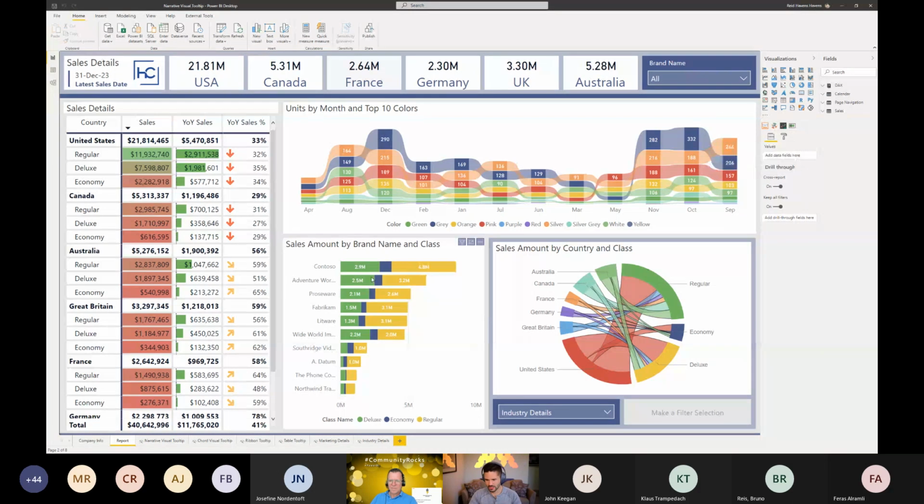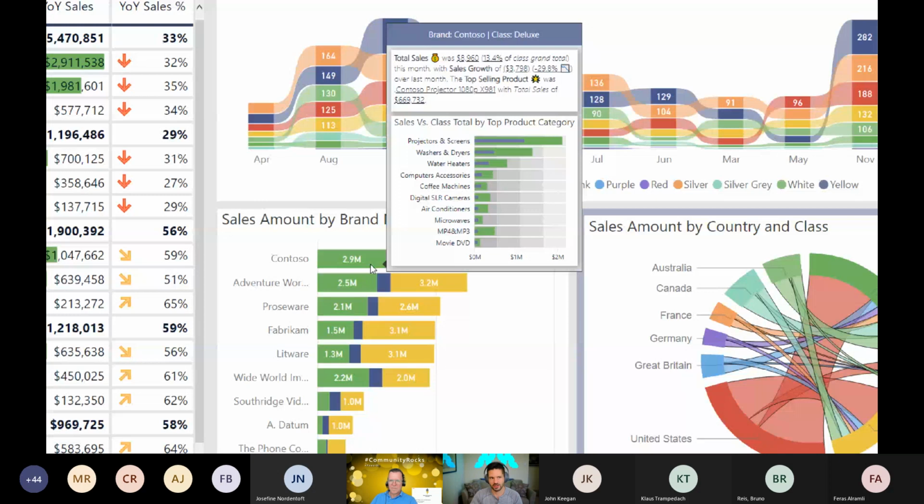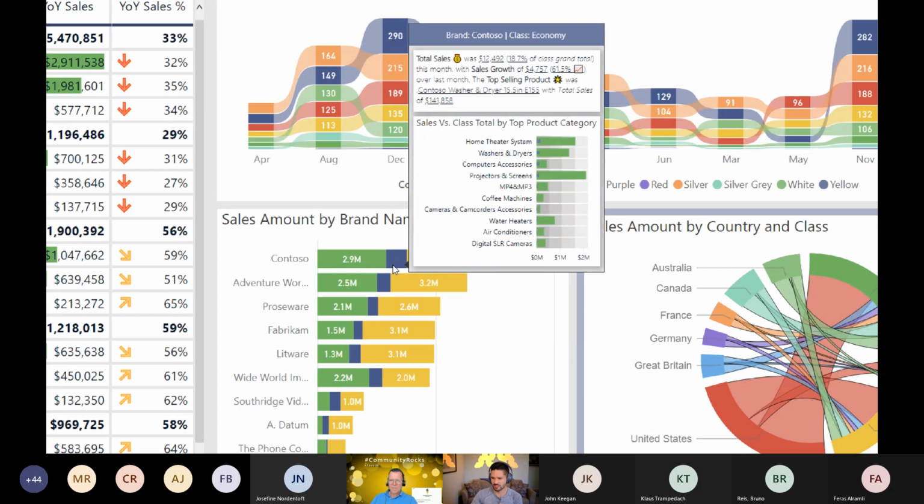Okay, so this here is actually demonstrating something that came out last fall, which is the smart narrative visual. It's something that allows you to basically create a hybrid in a text box where you can not only type in static text, but you can combine it with measures, data that can change from your model. In this case, if you look at all the values that are underlined, they are all going to change as I change the hover in here. It's telling me some information about sales and some percentages.